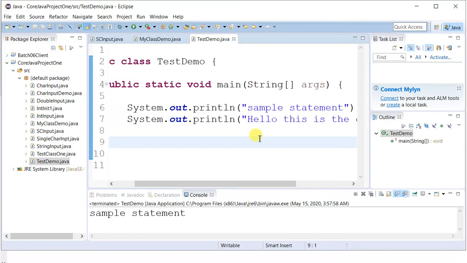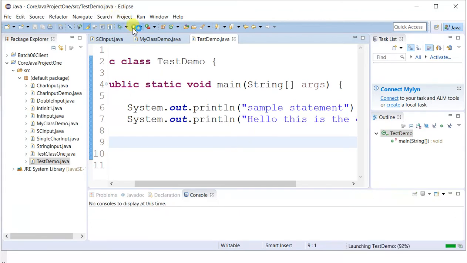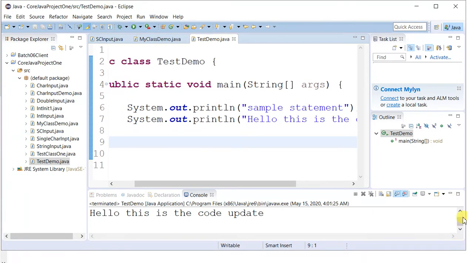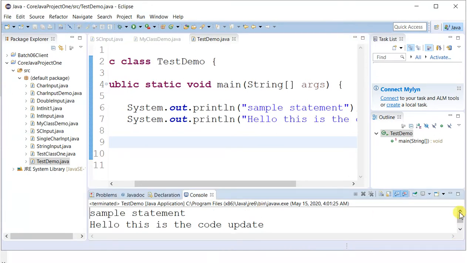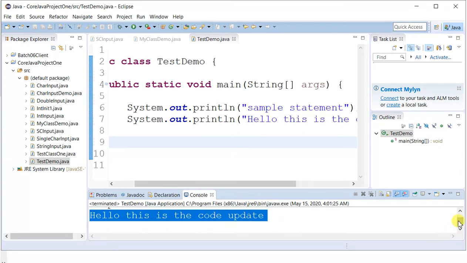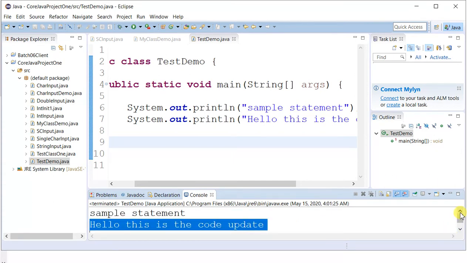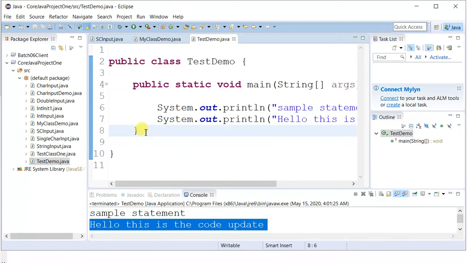if you refresh the IDE. Now if I execute, I can see both the statements. The second one I updated from the drive path or the project folder. Fine. Now what exactly is an object we need to understand, and